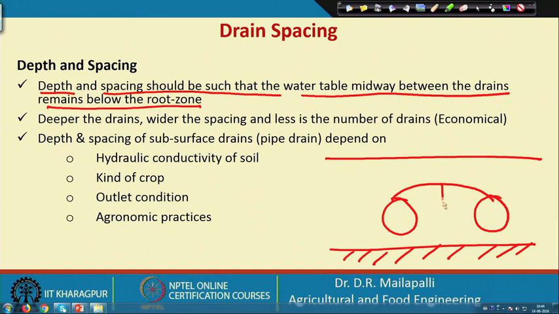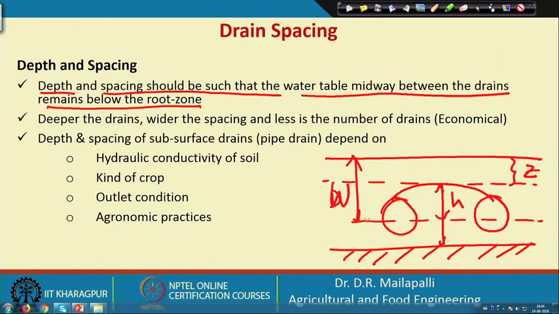If you see the midway, this is D and of course, this is H. This is basically the water table, and the root zone depth, let us say Z, is what we are interested in. So, whatever drain depth W and drain spacing L we give,